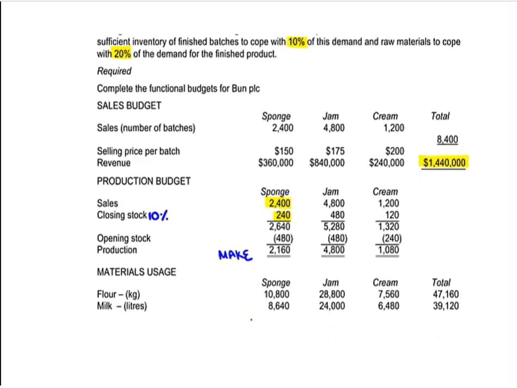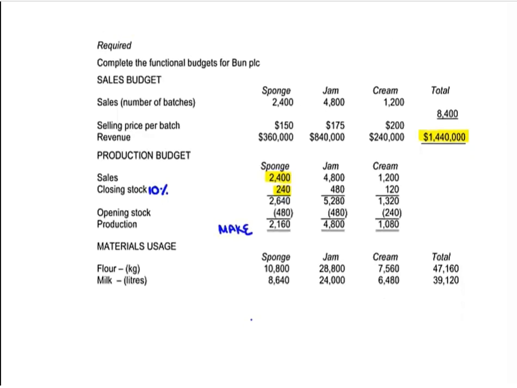material usage. So to work out the material usage, we need to take the production and multiply that by the usage. So for example, for the sponges, we're making 2,160 sponges, and each one takes 5 kilograms of flour. So that's going to be equal to the 10,800 kilograms of flour. For the jam cakes,